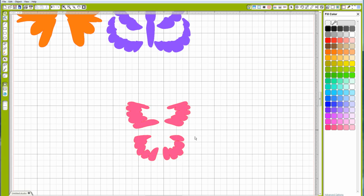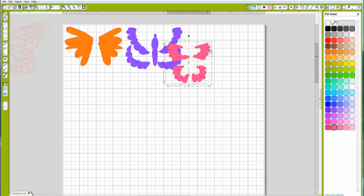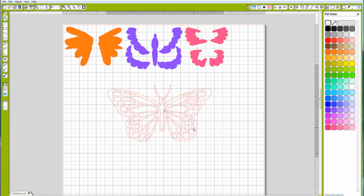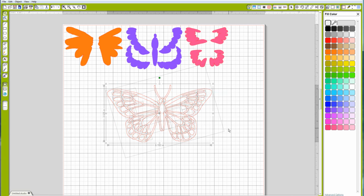I'm going to zoom out a little bit here and move these up there. So now I can cut these out of each of the coordinating cardstocks. Technically, I could just separate these out on my mat and have a 4 by 4 inch or 3 by 3 inch square of orange cardstock and vice versa. But anyway, so now I ungroup this butterfly so that I can now make a